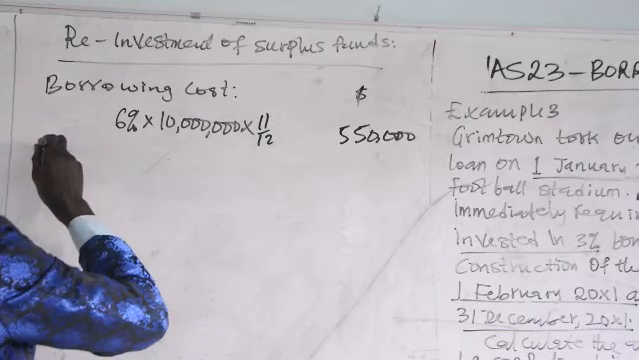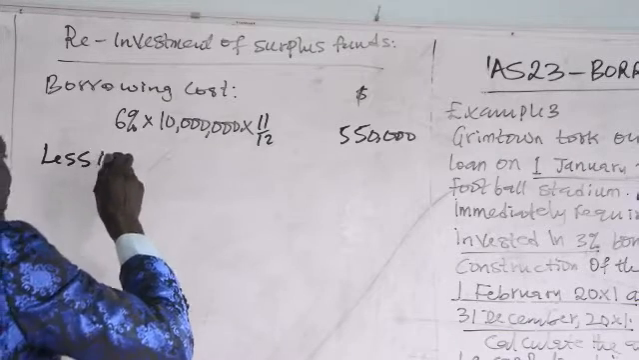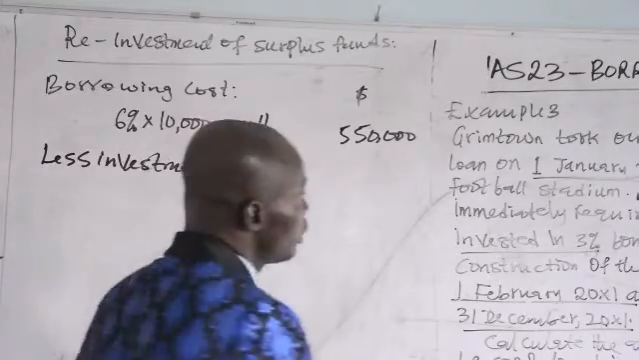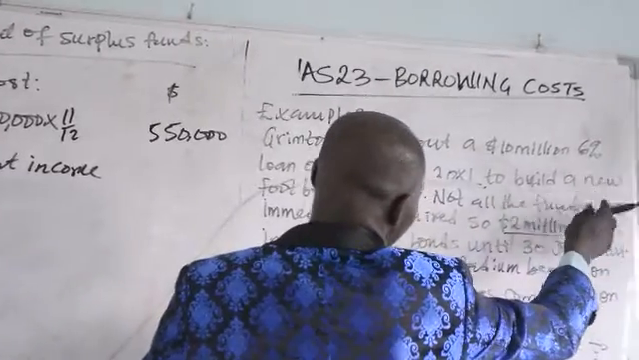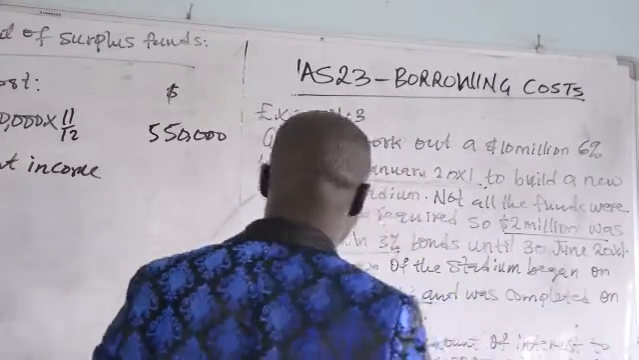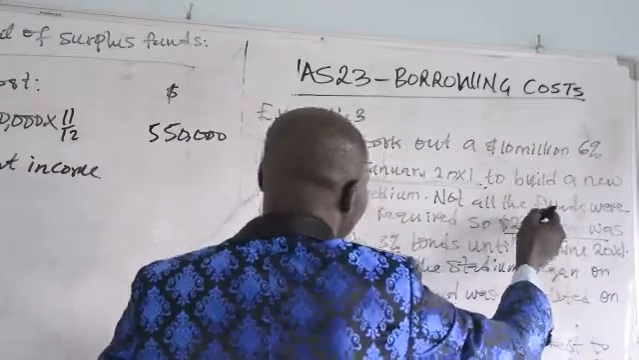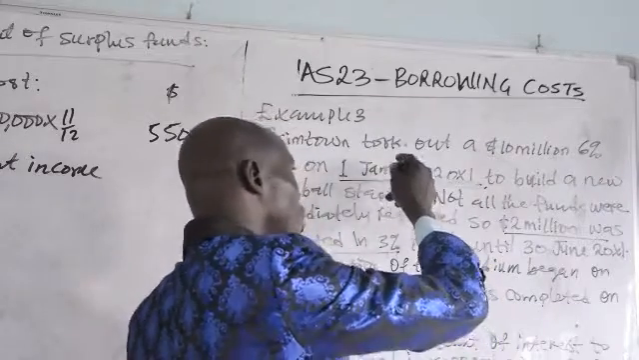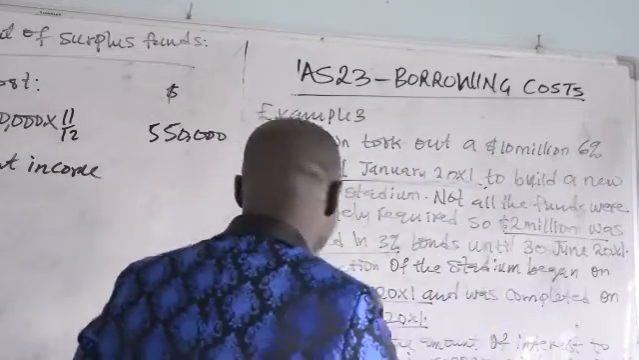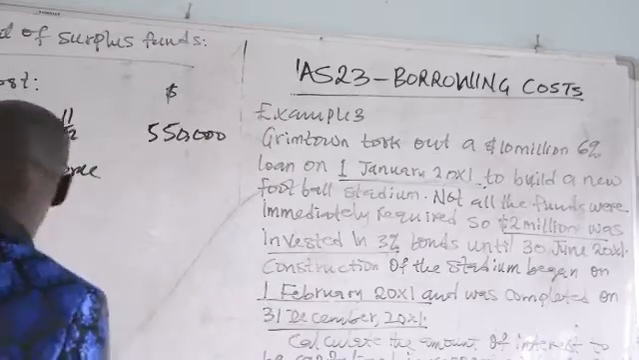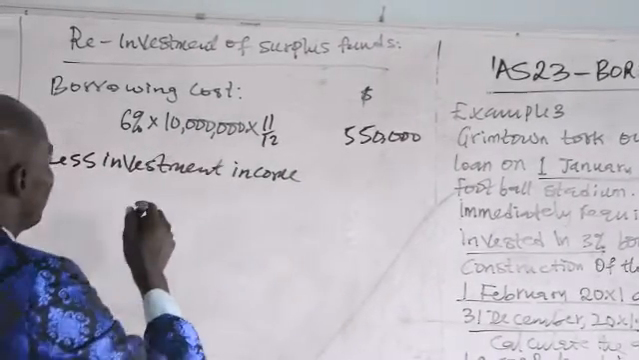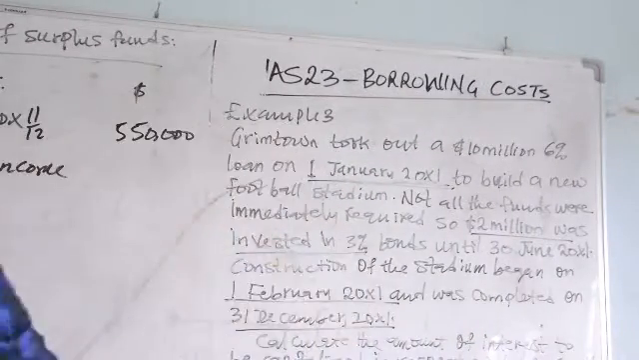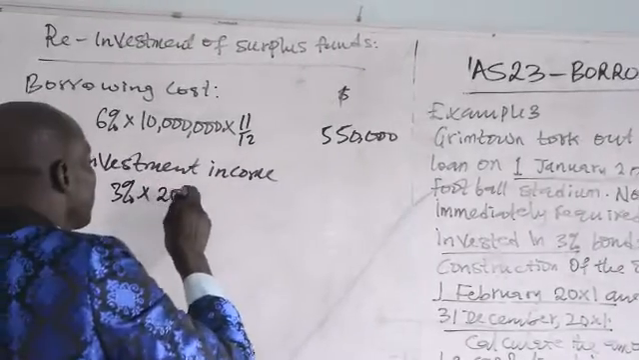Then you now less investment income. Since 2 million was temporarily reinvested as at 1st of January, that means the investment will start from 1st of January, but the project has not commenced. The one that relates to the project will start from 1st of February. That means investment income, you are going to deduct. The rate of income is 3%. You have 3% of that 2 million